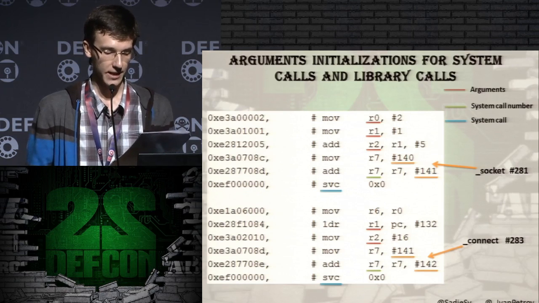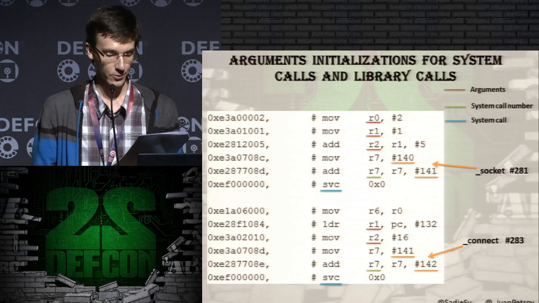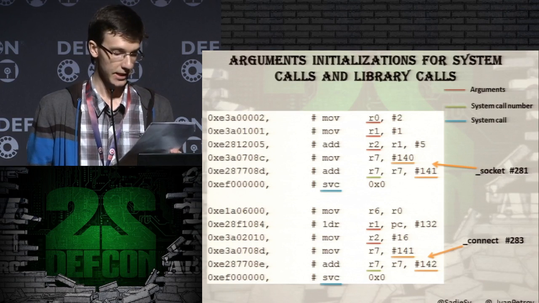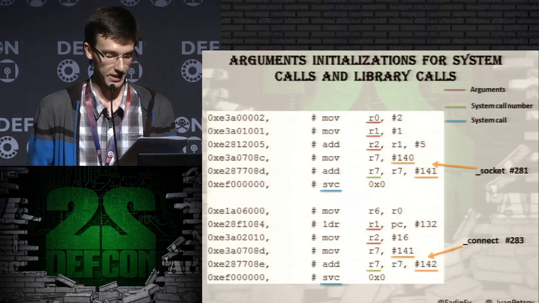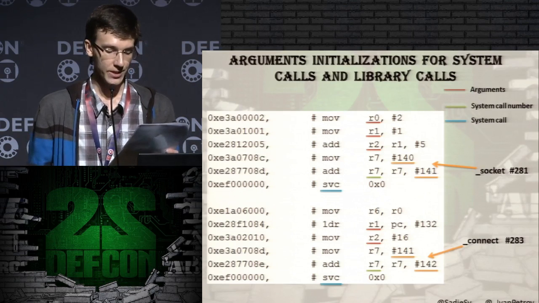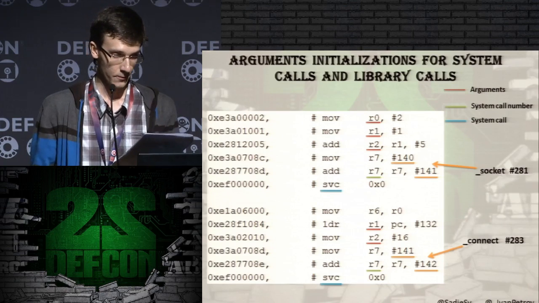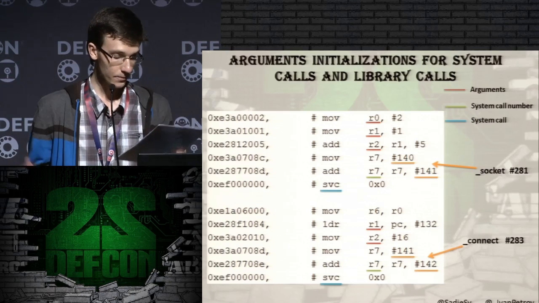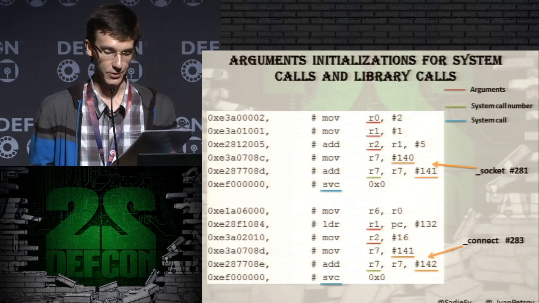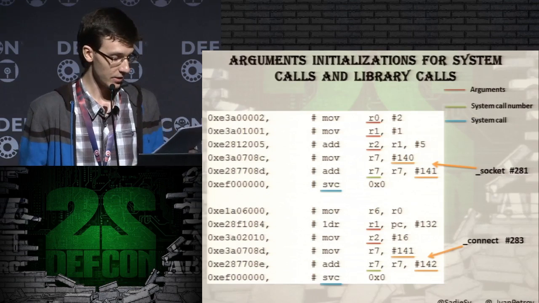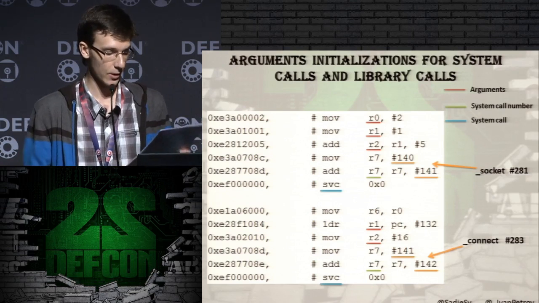To understand that we've got a correct system call, we need to check that some arguments have been initialized and the R7 register has been initialized too. If we didn't check for this and only checked the existence of a system call, the precision of our detector would be critically small, because there is a big probability to disassemble a system call somewhere in random data. This call is only a 4-byte value. So, even if we have a lot of these system call bytes, this should not be interpreted as a shellcode. It seems that our feature already works twice. As we can see here, calls socket, connect, and there will be more following.